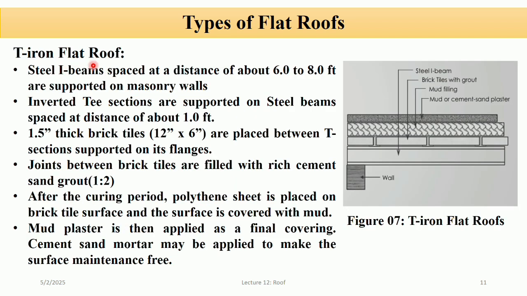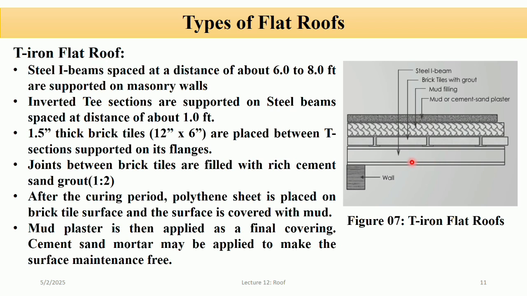T iron plate roof. The T iron plate roof is a type of traditional steel and brick composite roof often used in low cost or older construction. It combines steel sections and brick tiles, offering a balance between structural strength and thermal insulation. So the construction of a T iron plate roof